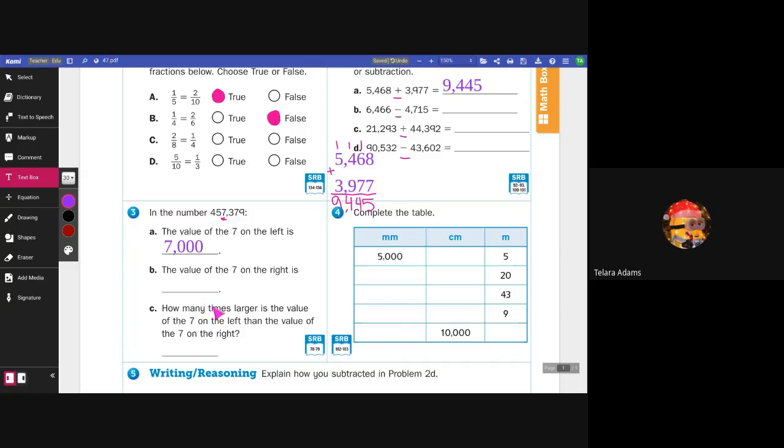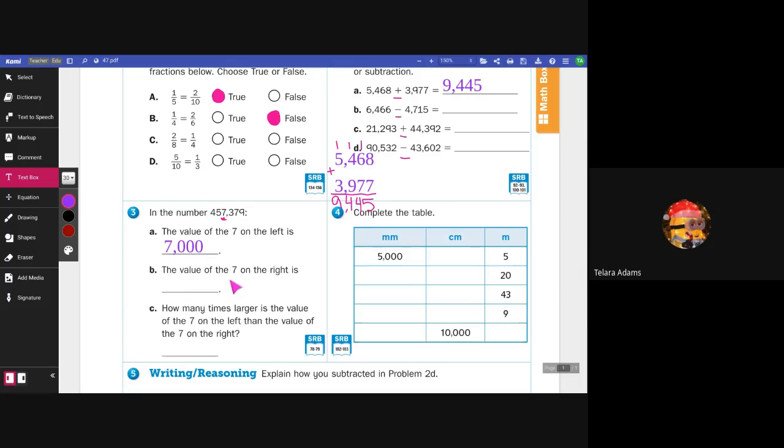How many times larger is the value of the 7 on the left, the 7,000, than the value of the 7 on the right? Let me give you a hint. Think of your powers of 10. How many zeros do you have that are different? Think about that. Another hint, if you multiply whatever number you get